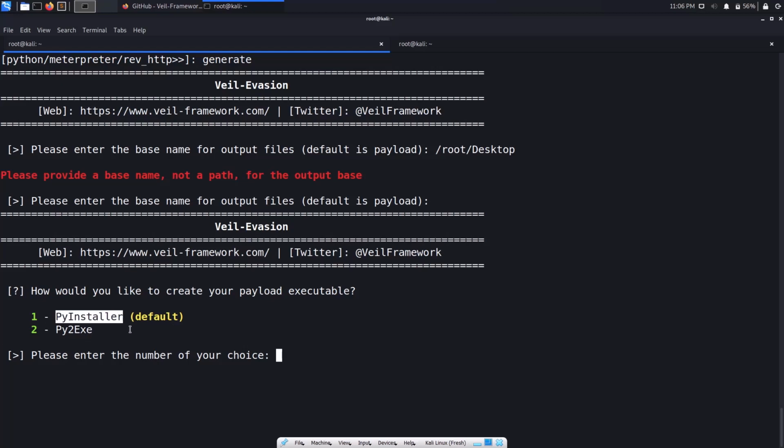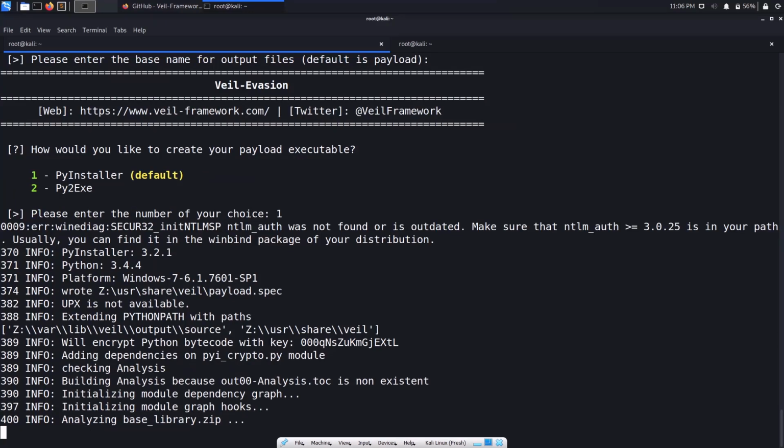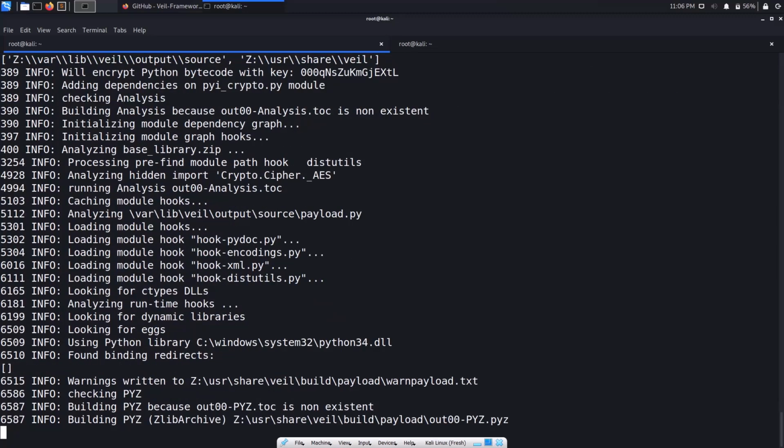So this is one of the most useful things. What happens is it will generate an executable, something like a Python installer. You can give it to your friends, like if you want Python, try to install it, and you can get a shell. So I'll go with PyInstaller and py2exe. You can generate Python to executable. I'll go with PyInstaller. That looks a little bit more trustable. Here you can see it is writing out all the stuff, and you will get the location as well. Let's wait for a while.